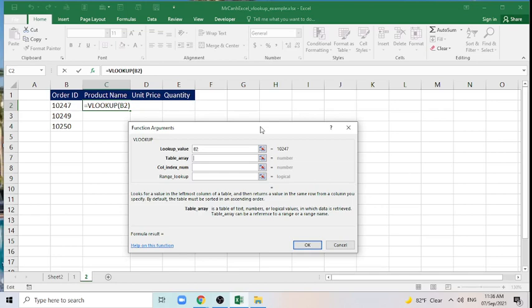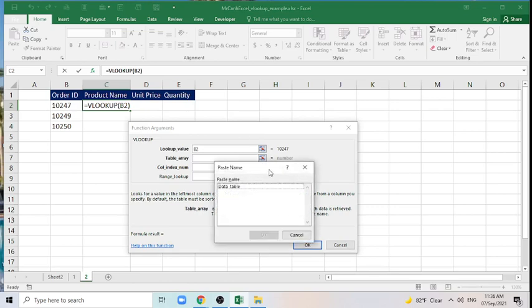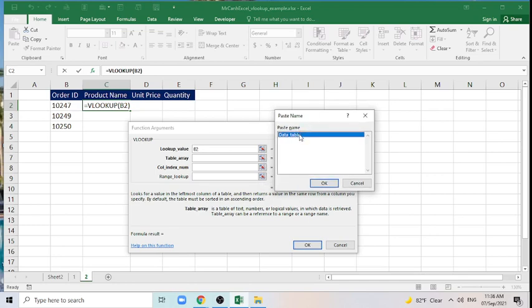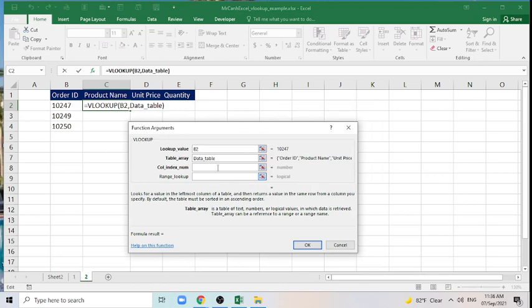We press F3 on the keyboard, and you can see the paste name box appear, and then we choose the name we just named and press OK. And you can also write the name of the table you just named before,